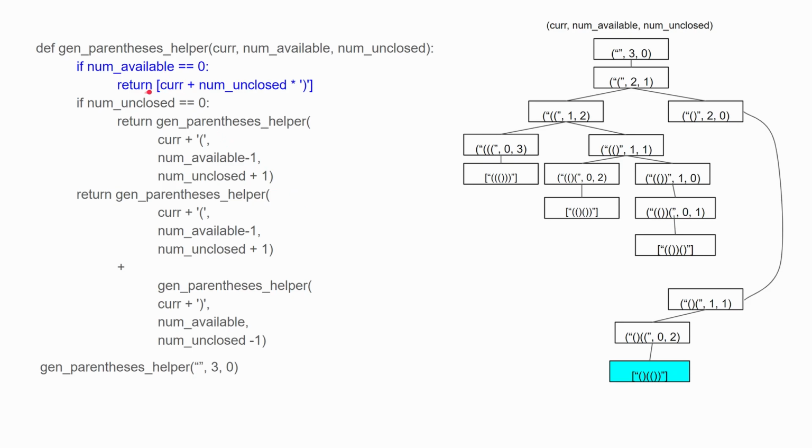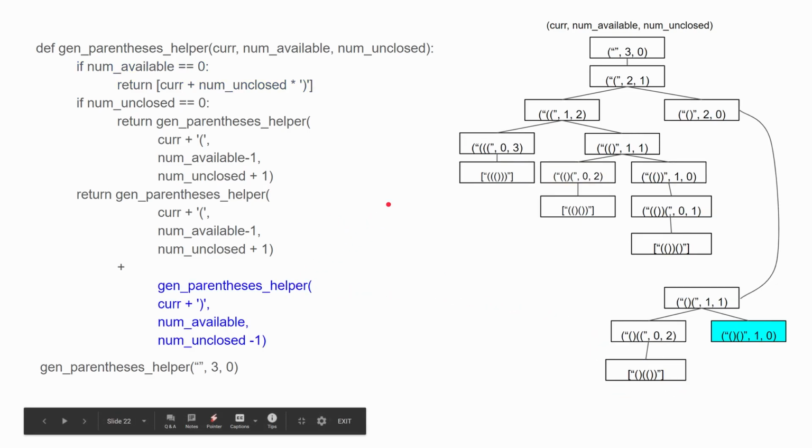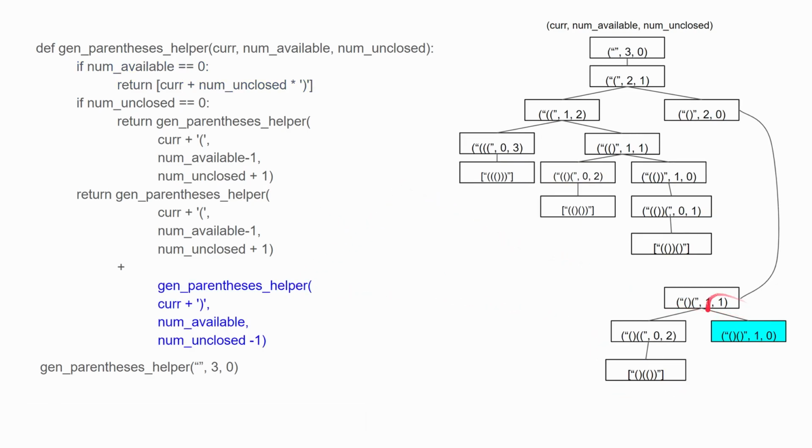So then it'll add 2 right brackets because two of them are unclosed, making it use 3 left brackets and 3 right brackets, the amount it needs to use, and then it will return that. So then it will return this right here. And then I'll backtrack over here, and then we'll process the other option of adding a right bracket to this